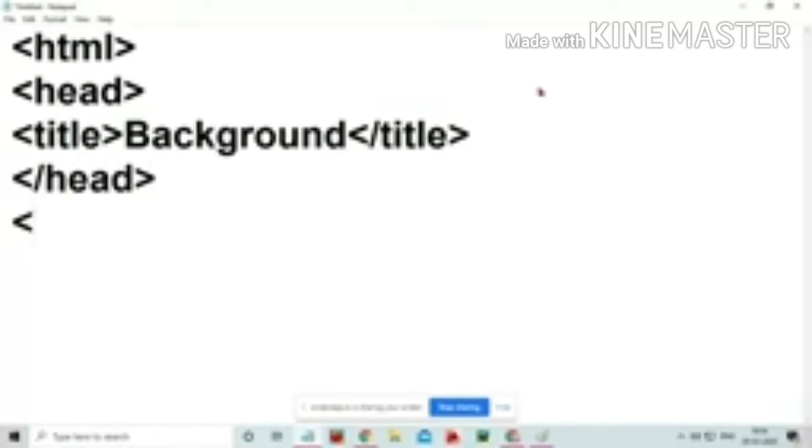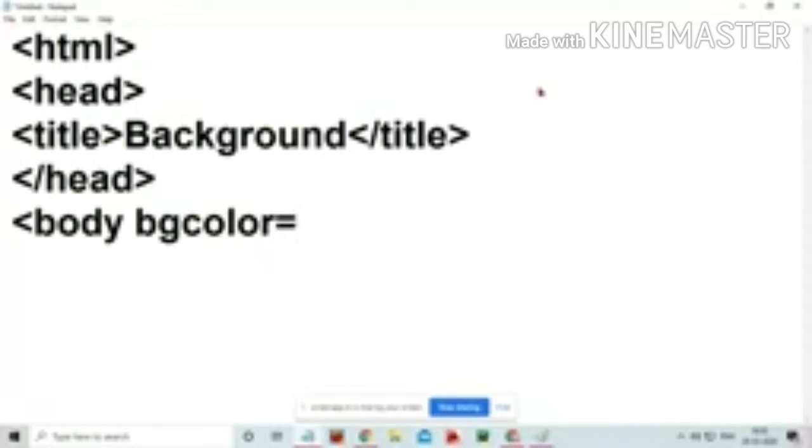When we type content inside the body tag, whatever you type inside the body tag will be displayed in the web page. Here I will give some attributes. What are attributes? Attributes give some extra decoration to that tag. For the body tag, we can give the background color, BG color. That is an attribute of the body tag.